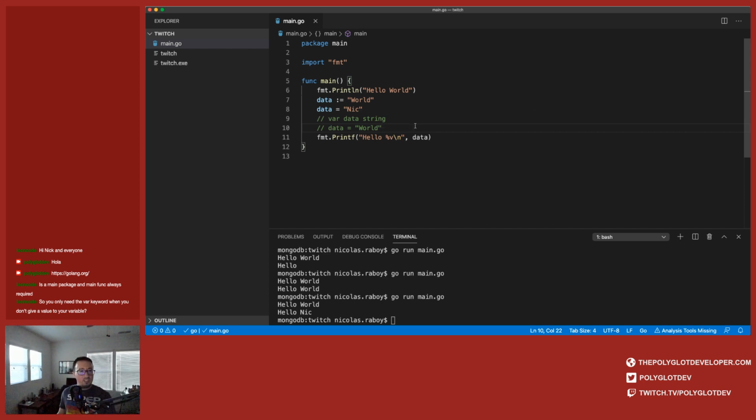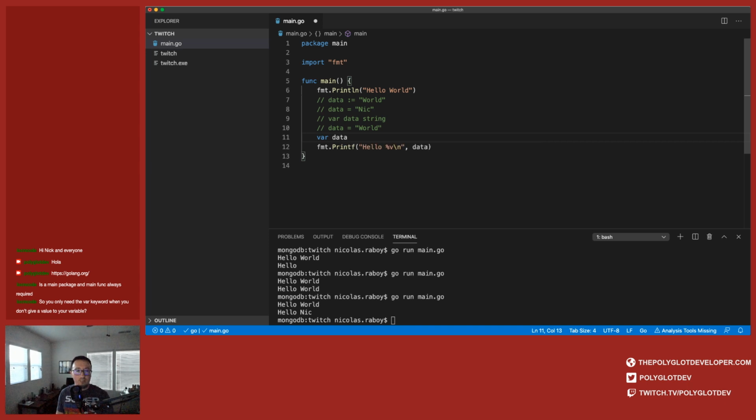So let's go ahead and look at arrays and how to use them. Let's say var, and I'll just comment this out as well. We're going to keep using the data variable name for a while until we can think of a reason to make something unique.